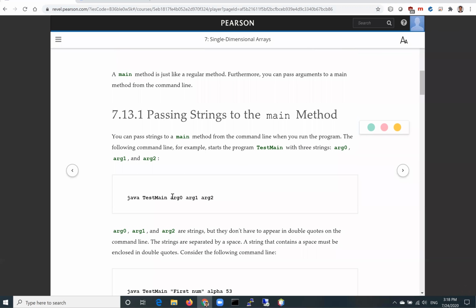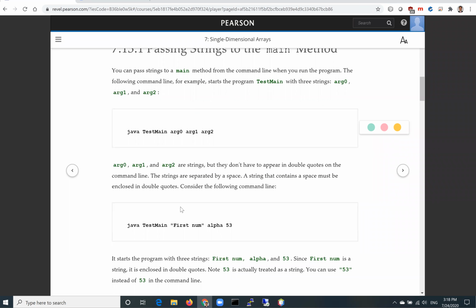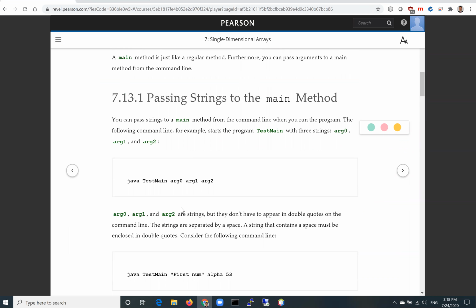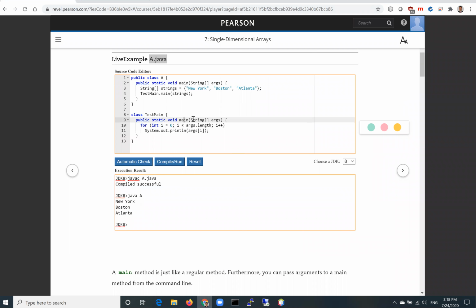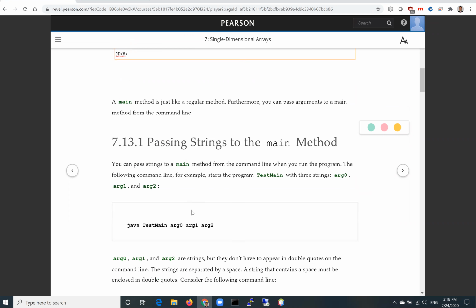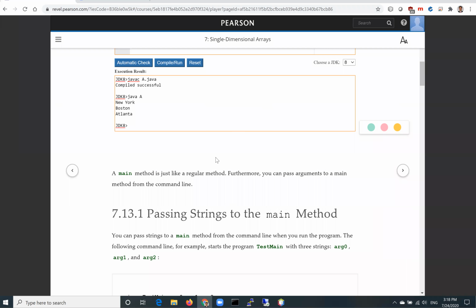So if you run the program like this from the command prompt, java TestMain args0 args1 args2, you will have these three arguments, and these are three strings passed to the main method. So these three strings are displayed